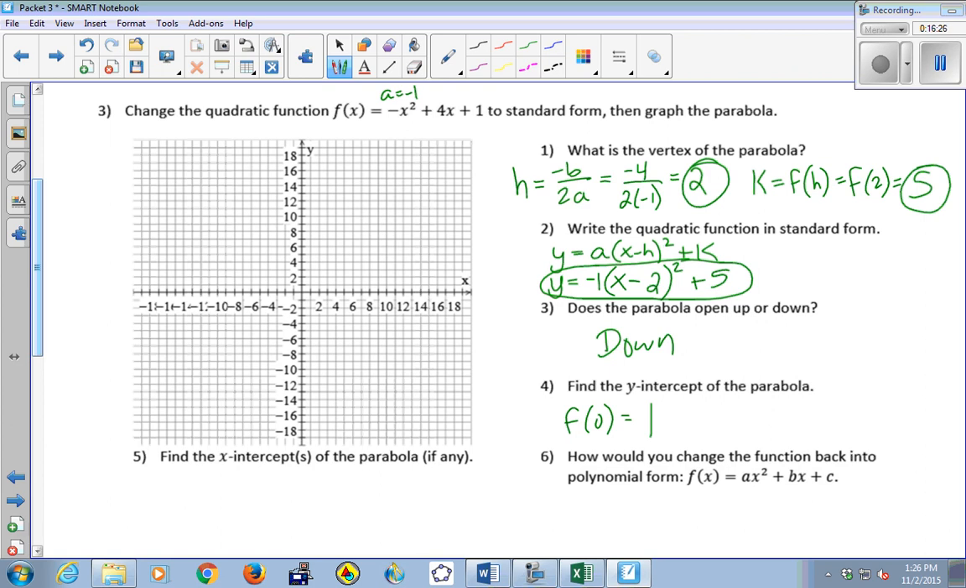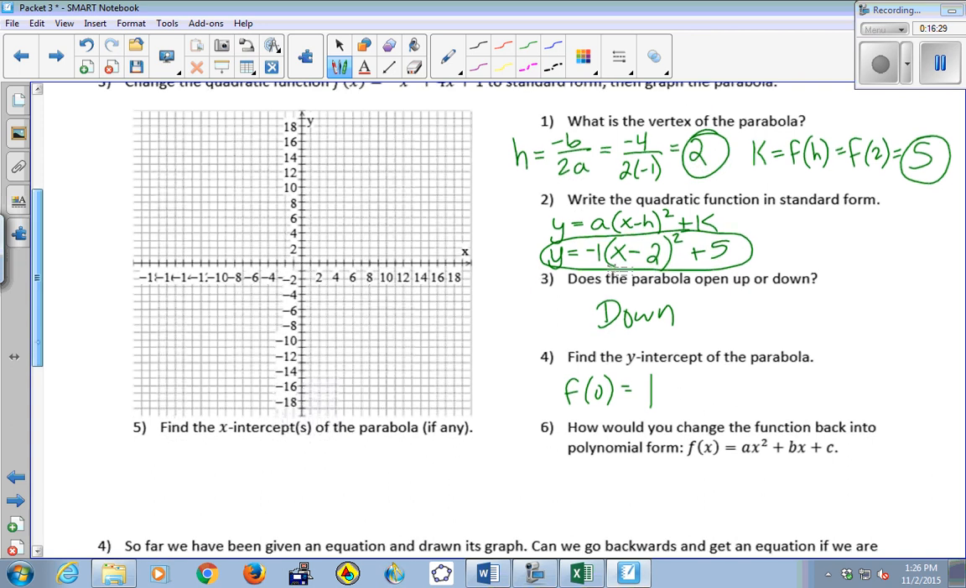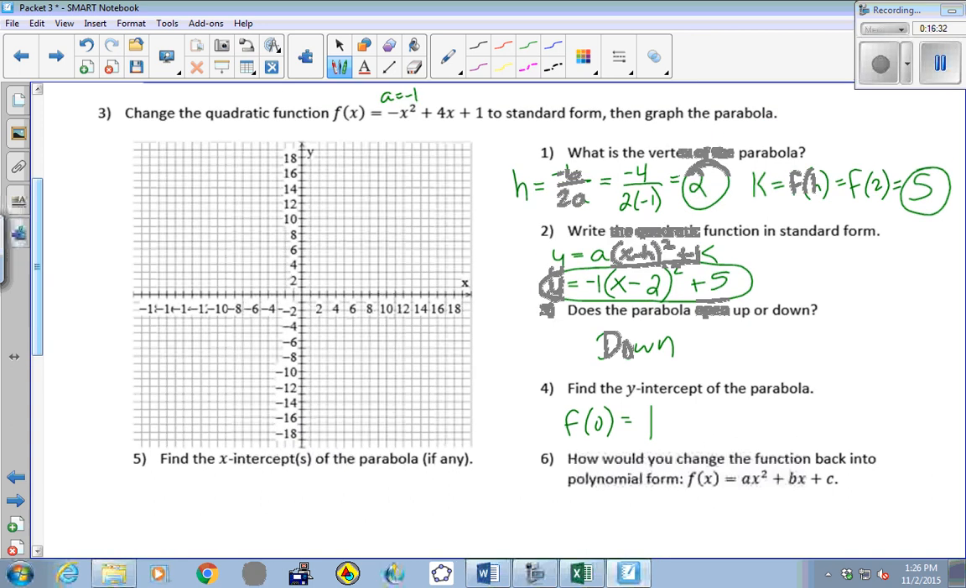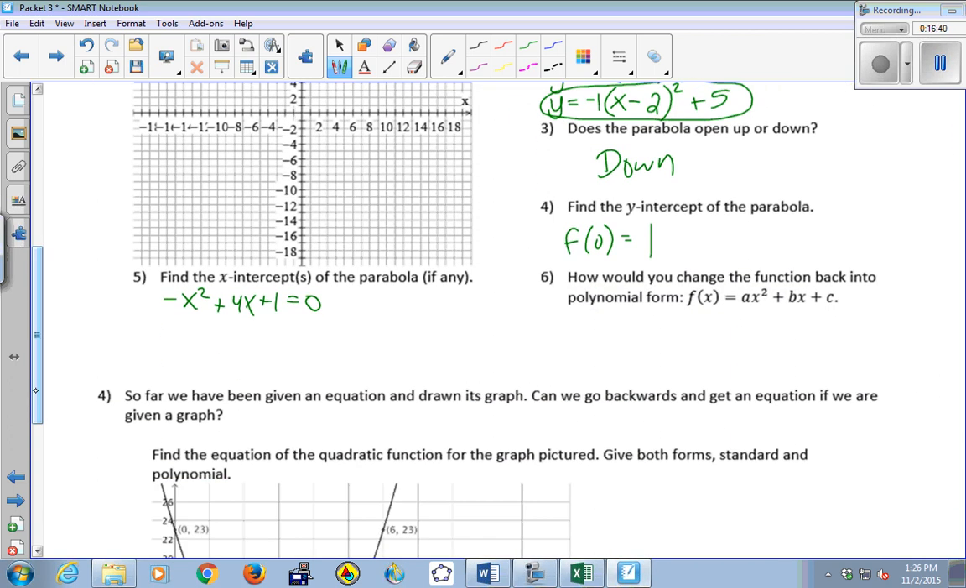Five is find the x-intercepts of the parabola, if there are any. So that means in general, you want to take your equation, -x squared plus 4x plus 1, set it equal to 0, and then we would solve it. How would I solve that? How do you solve? Either factor it or the quadratic formula. Yeah. So I don't think that this factors. So let's see, if I do the quadratic formula, I get